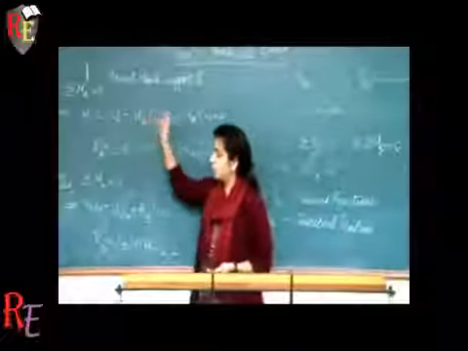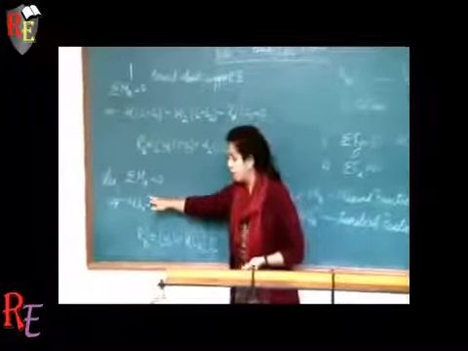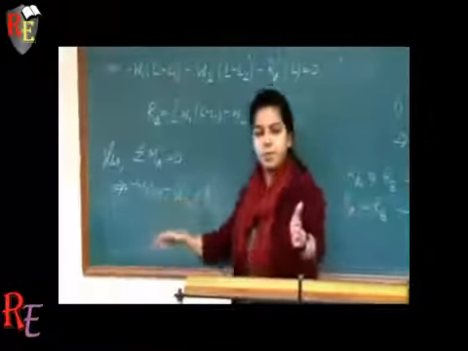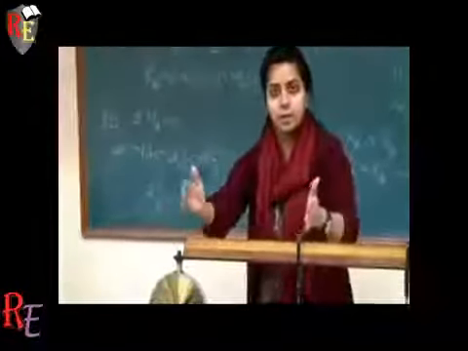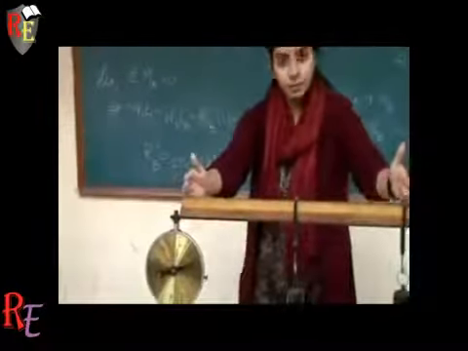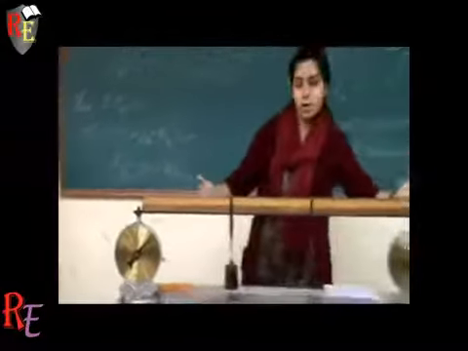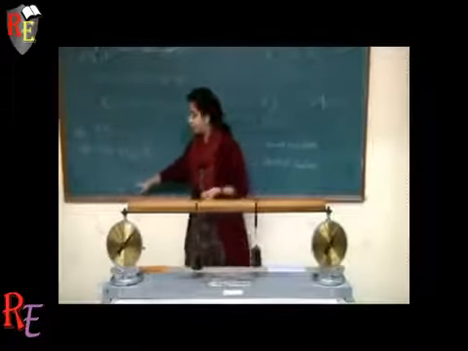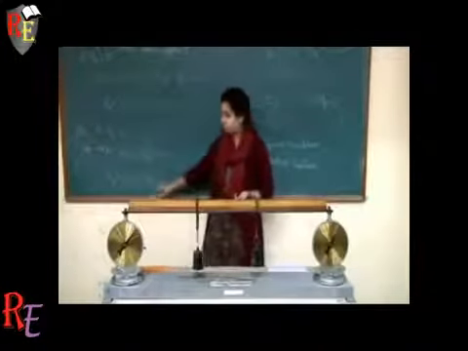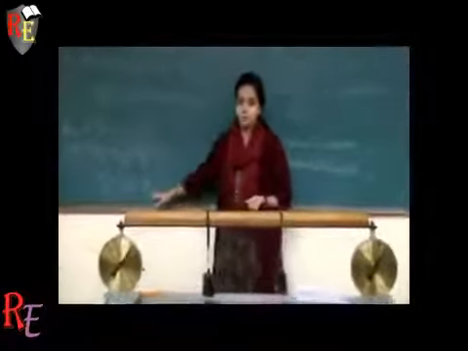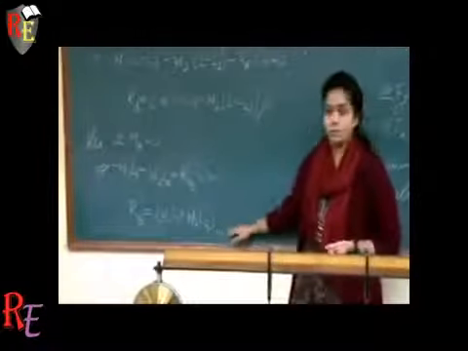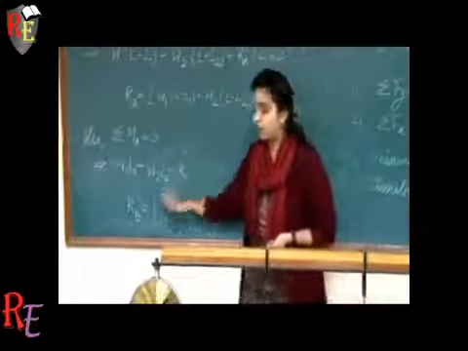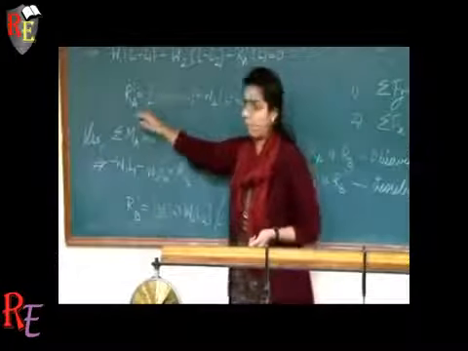Similarly, if you apply the law of moments at support reaction A, we observe summation of MA should be equal to 0. And similarly, we have weight 1 multiplied by length L1 plus weight 2 multiplied by length L2 minus reaction RB multiplied by the whole length L. And again, by simple arithmetic, we observe RB is equal to weight 1 into L1 plus weight 2 into L2 divided by the whole length L. These are the equations from which you get the theoretical reactions for supports A and B.